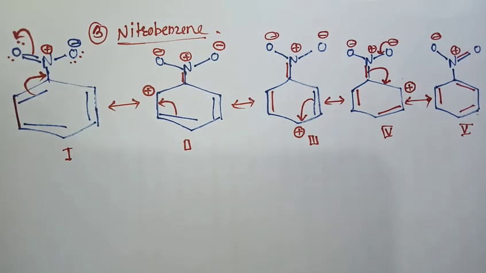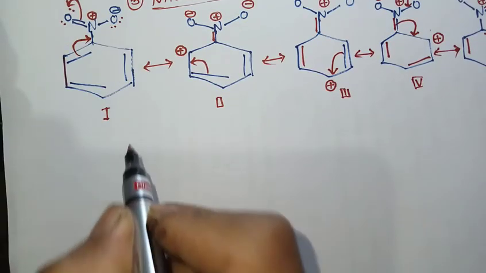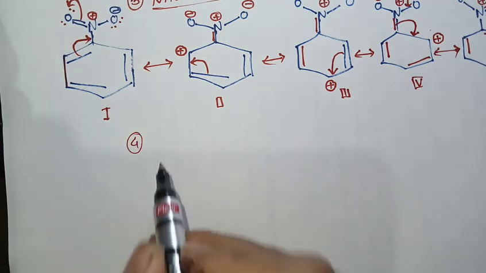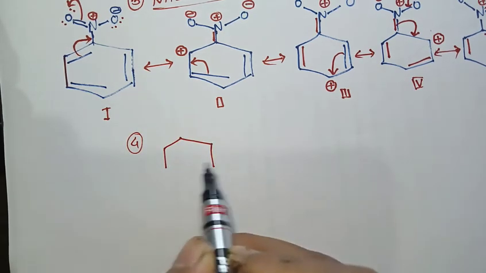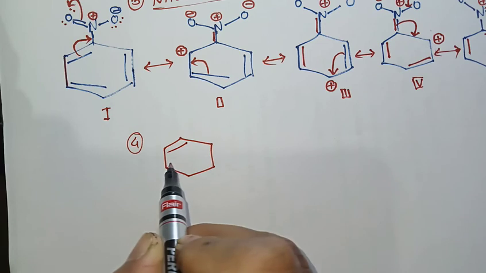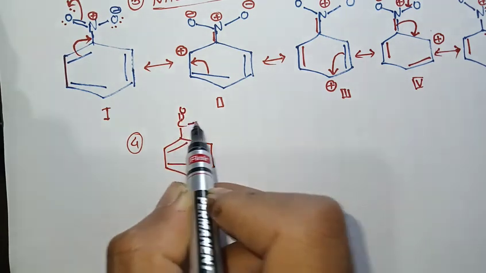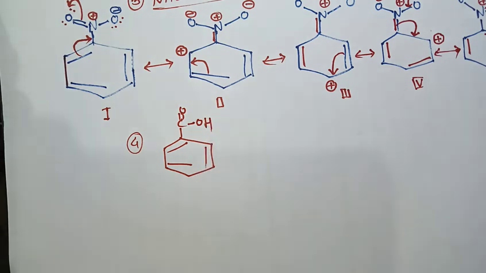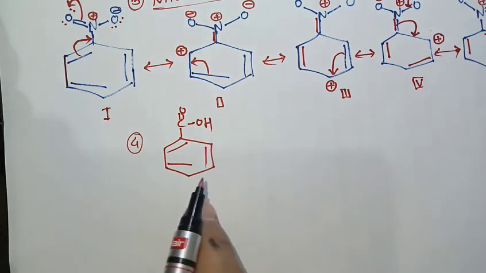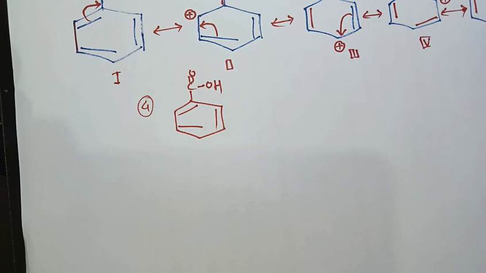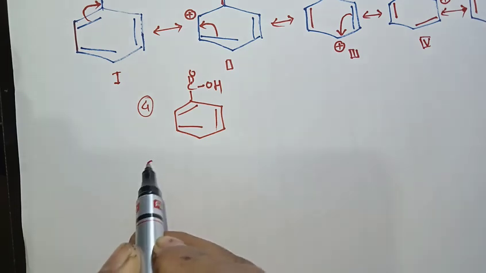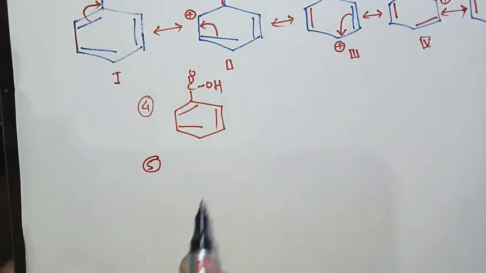The same structures you can draw for the benzoic acid group, C double bond O OH. Practice for these compounds. And you can also practice for these compounds